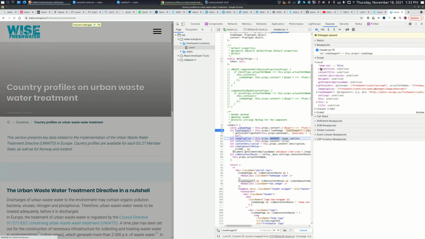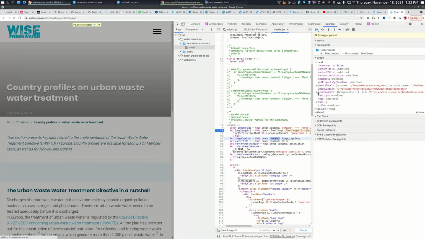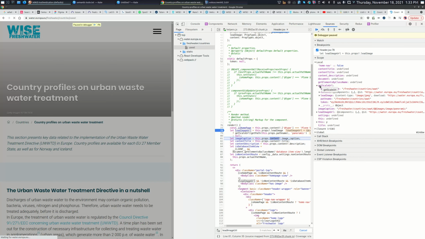have in my local scope I have lead image URL, this props lead image. I'm not sure that it shows up okay, but scale, get scale URL. Yeah. In any case, I have to debug this further to understand, and it's not relevant to what I'm trying